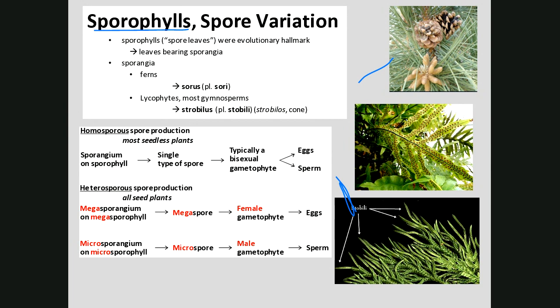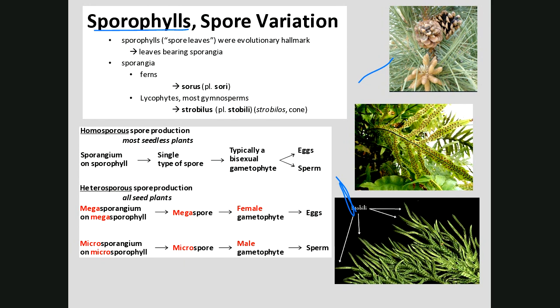This was the thing we were looking at in the fern. That's what I was trying to get at just a second ago. The fern, that heart-shaped prothallus, that was a bisexual gametophyte. Because in a bisexual gametophyte, you have both the male and the female on the same gametophyte. Mosses are that way too. On those little green wispy things that stick up, on that same gametophyte, there's going to be male and female parts because they come from one type of spore that gives rise to a gametophyte with both types of sex organs on it, if you will. Sperm and egg, antheridium and archegonium.